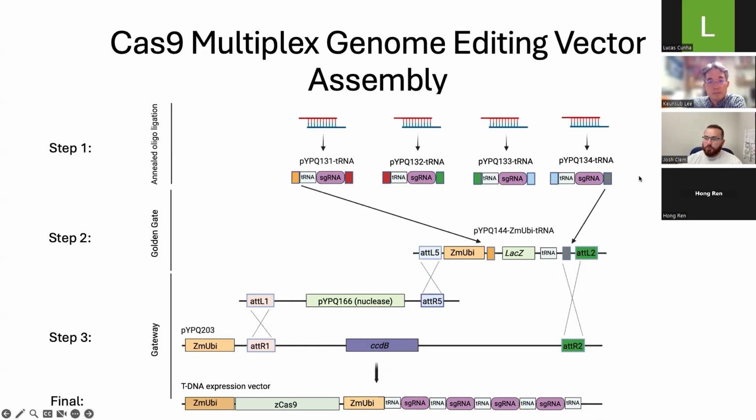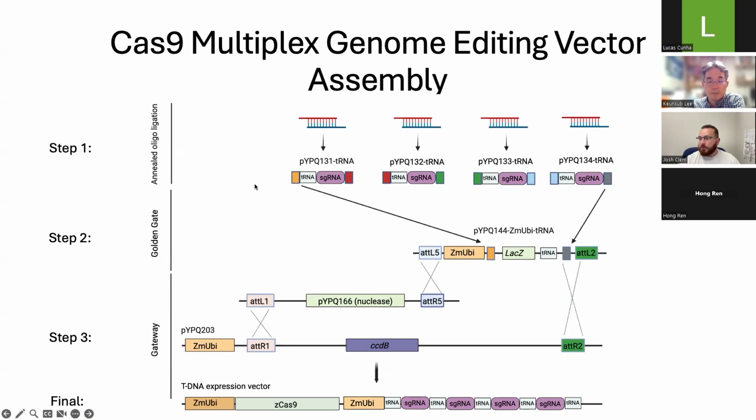In this case, we're processing each guide RNA using a tRNA-based strategy. There are a few reasons that we use the tRNA strategy. I know you had mentioned Csy4. We prefer this over Csy4 because it doesn't require the expression of an additional protein, Csy4, of course. And we can express multiple guide RNAs, as you can see in the final construct at the bottom, under a polymerase II promoter, with each guide RNA being flanked by a tRNA